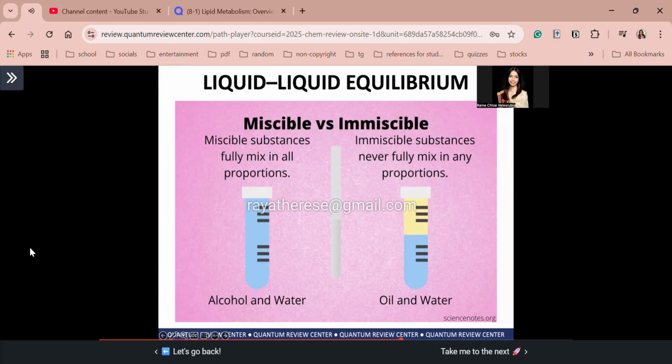So let's move on to the next part of our discussion on the liquid-liquid equilibrium. So guys, there are two types. We have fully miscible liquids and fully immiscible liquids. And later on, we will discuss partially miscible liquids. So for completely miscible liquids, guys,